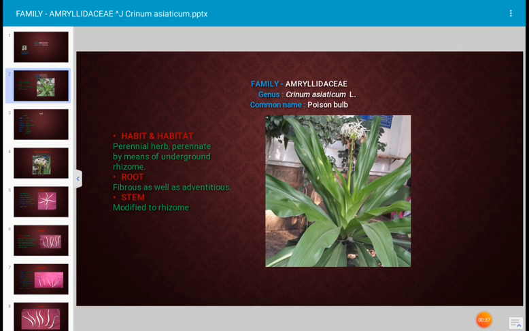and it grows up to 4 to 6 feet in height, and it is grown for its showy fragrant flowers. It is a perennial herb and perennates by means of an underground rhizome, and the root system is fibrous as well as adventitious. Fibrous root system is the characteristic of monocot plants, okay, and the stem is modified to a rhizome which is underground. Next,